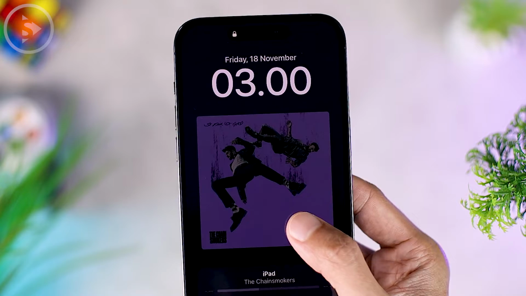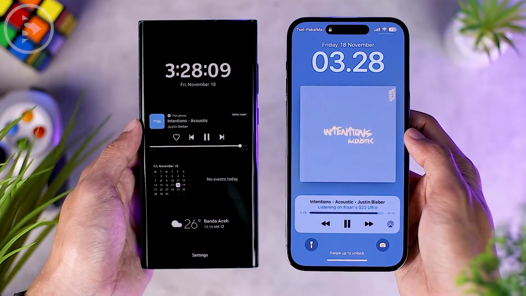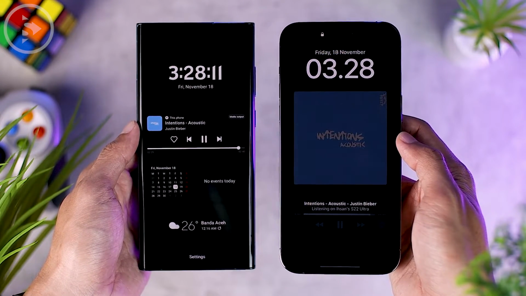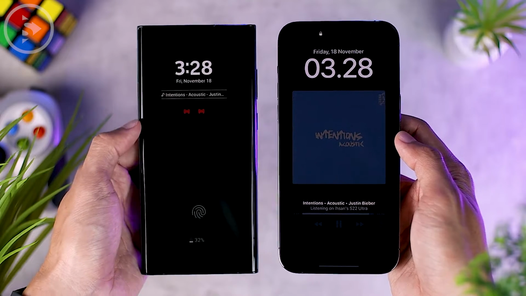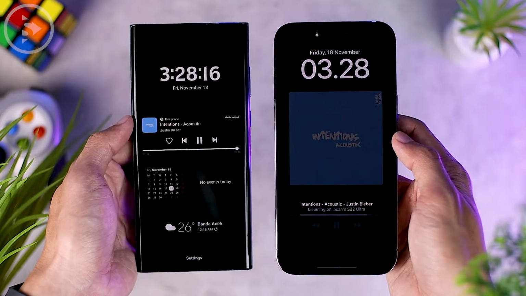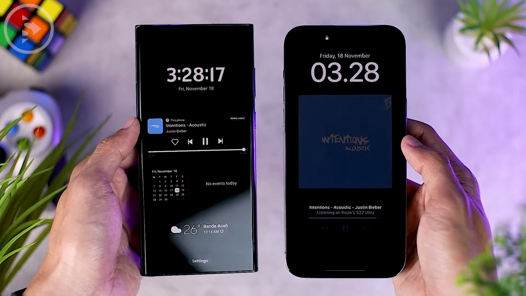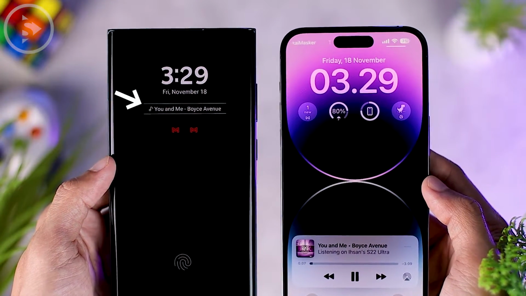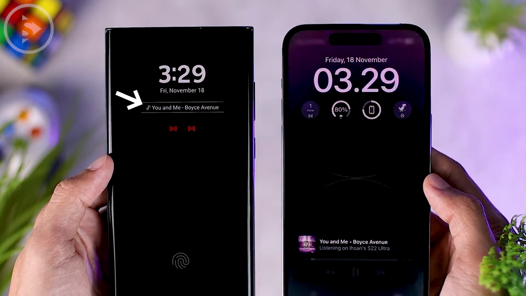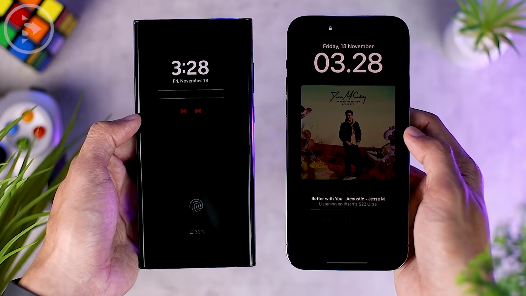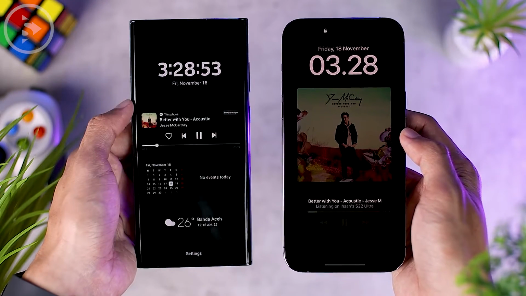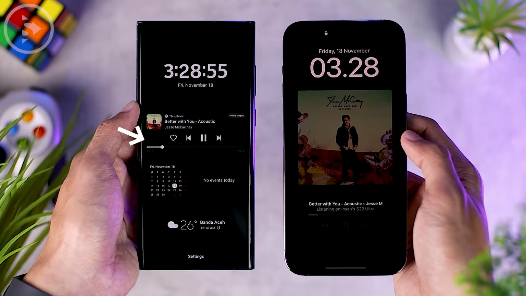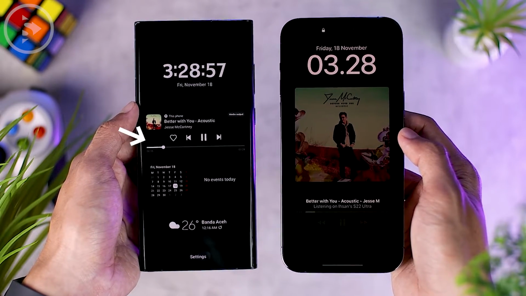If we compare the new always on display look in the latest version of iOS on iPhone with the look of always on display on Samsung with One UI 5 based on Android 13, the display of the no playing music track on Samsung One UI 5 only appears on a small section. It only shows the singer's name and the title of the song. And the album art will only appear if we double tap on the name of the music track, which will appear with an option for scrubbing the track at the bottom.